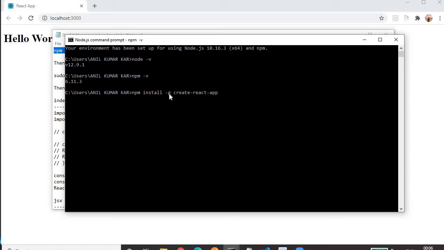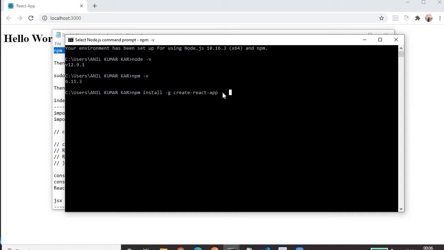Why are we installing create-react-app globally? Because if you need something to execute in your terminal, we need to install it globally. After installing create-react-app, we need it for our further processing. So just press enter.